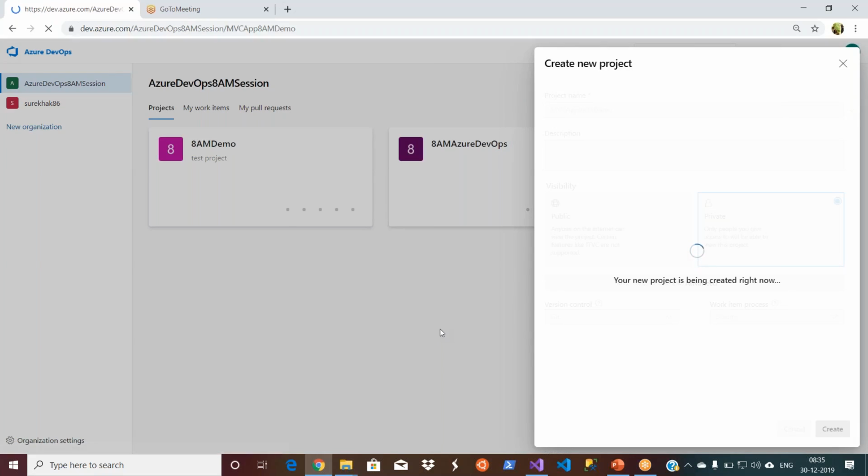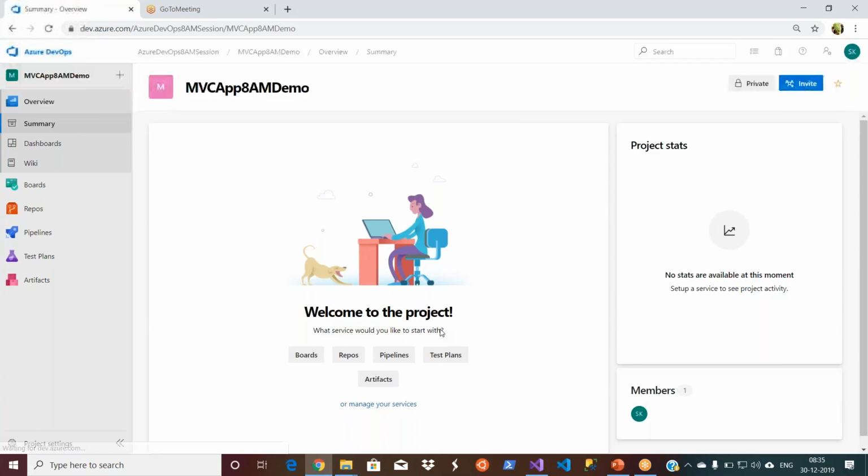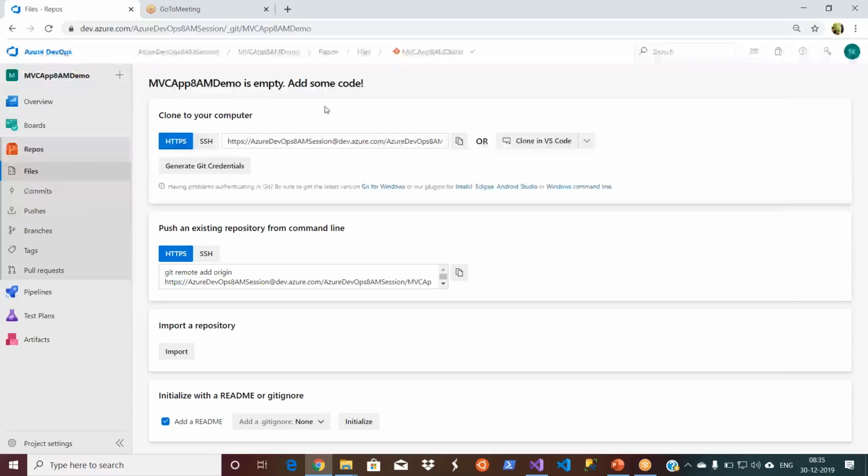After this, we are not getting into Azure Boards. We'll go to Azure Repos and then create a new repository. So now my project is being created and everything looks empty here. No stats available. Only one member, the one who created this. Now go to repos and just click on it. When I click on repos, it comes directly here. If I already have something in my repository, I can clone it. In Visual Studio, it will directly open Visual Studio and clone it. I'm not going to do that now.